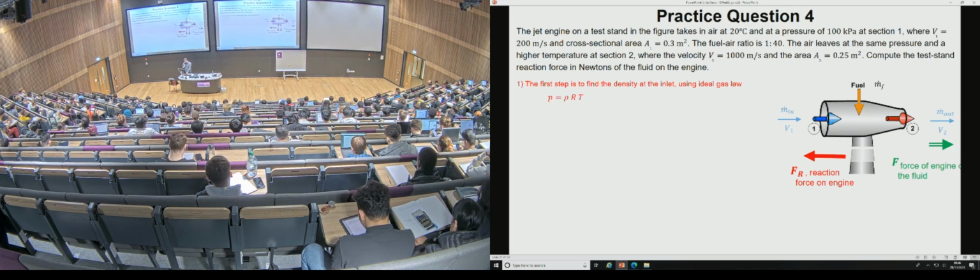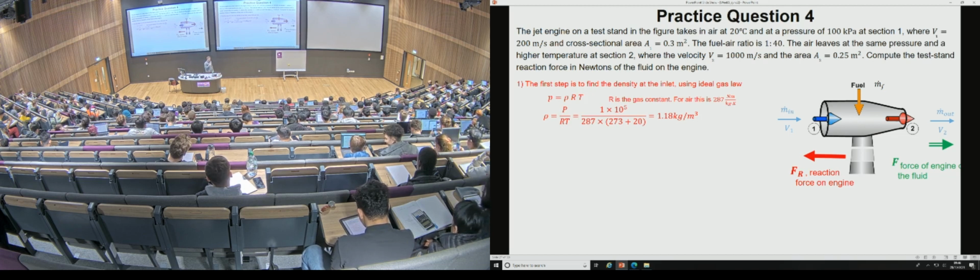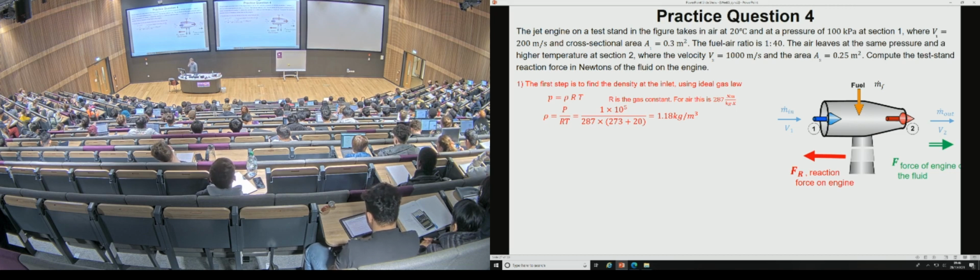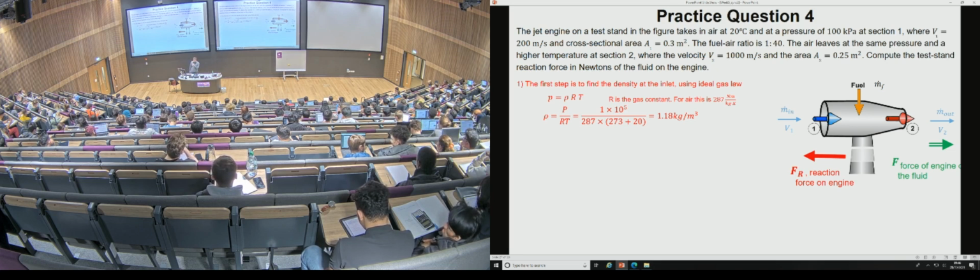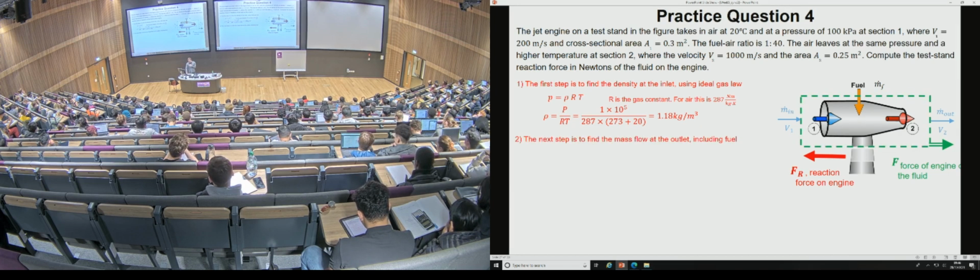Nevertheless, the first step is to find the density. And we use the ideal gas equation to do that. If you were to do this in an exam, you're given the form of the equation and you're given the value of the gas constant, capital R. And so then you need to use pressure in its correct units and remember that the temperature that you need to use has to be in kelvins. So you should get something that looks broadly right as a density, 1.18 kilograms per meter cubed,